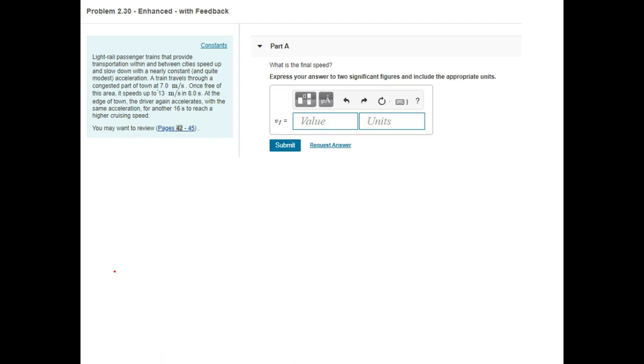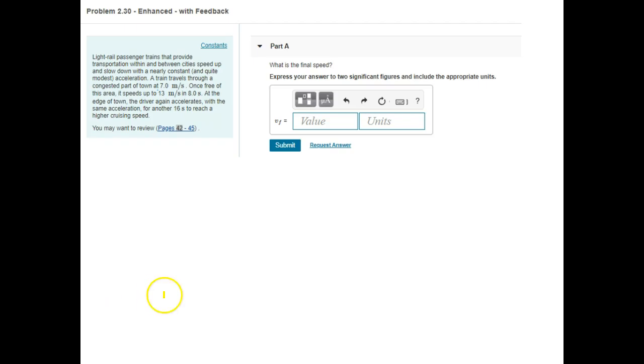Okay, so light rail passenger trains that provide transportation within and between cities speed up and slow down with a nearly constant and quite modest acceleration. A train travels through a congested part of town at 7 meters per second. Once free of this area, it speeds up to 13 meters per second in 8 seconds. At the edge of town, the train driver accelerates again with the same acceleration for another 16 seconds to reach a higher cruising speed. So what it's doing here is, let me see if I can get my